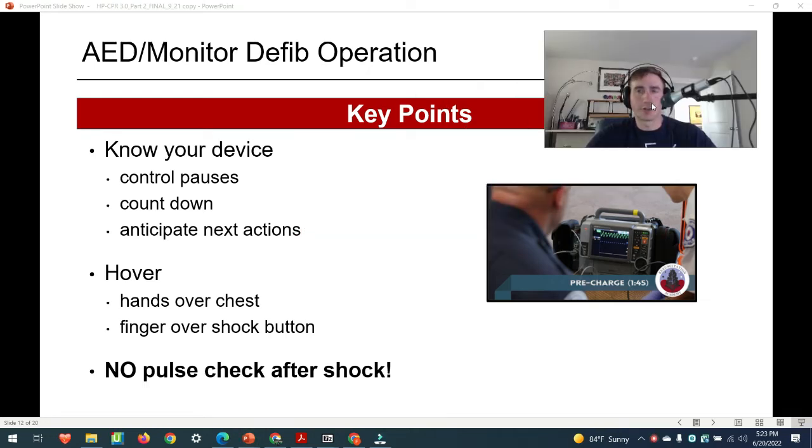Now, we've talked at great length about pre-charging, the whole logistics of running a good resuscitation. But you also have to know your device. You've got to know how to pre-charge. If you're not familiar with how to pre-charge the monitor and how to dump the charge, hook it up to